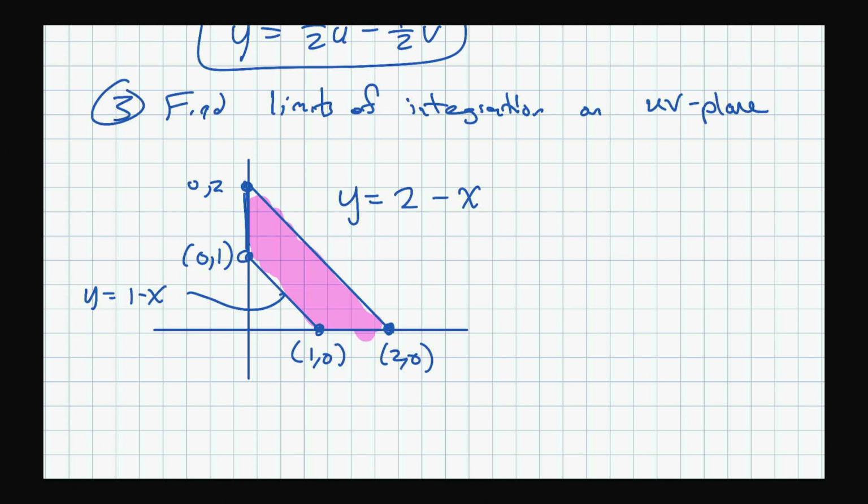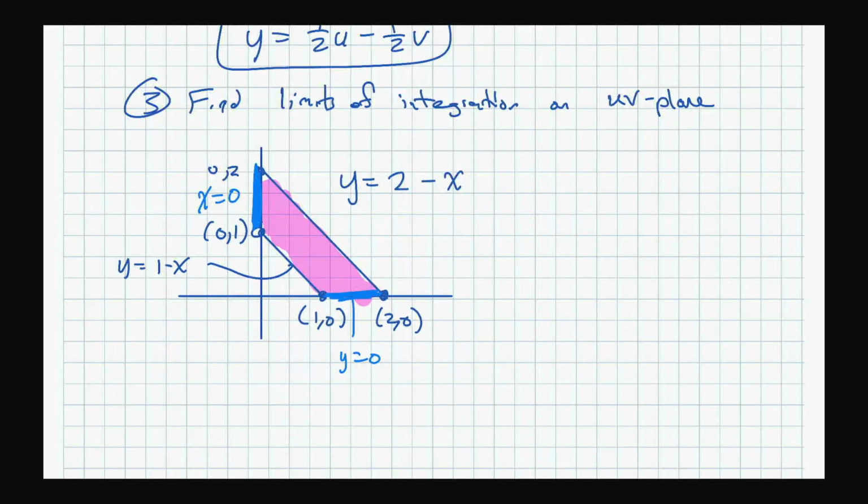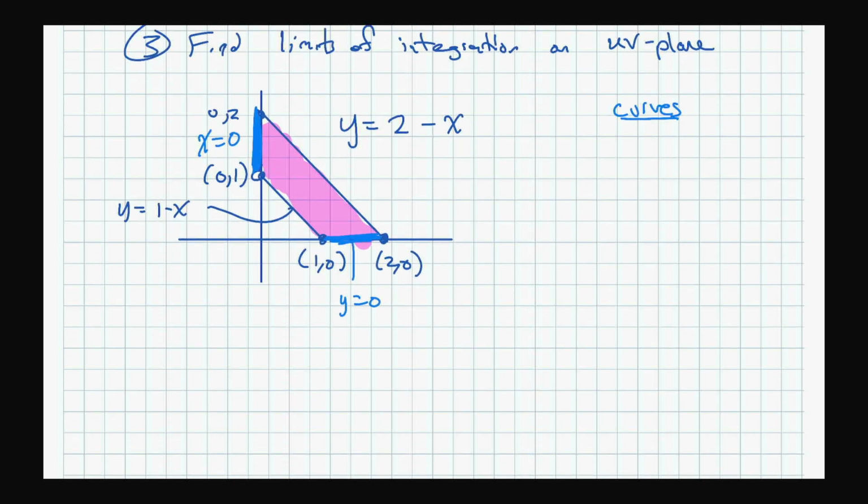And then the bottom curve is just y equals 0, and the one here is just x equals 0. So what I get for my curves are x equals 0, y equals 0,